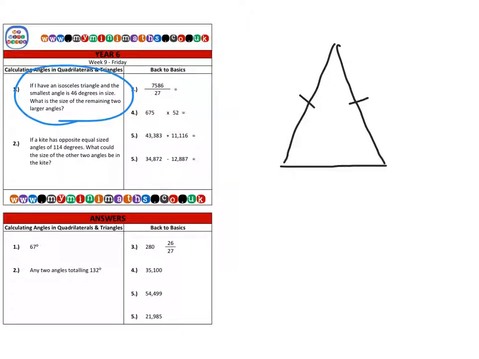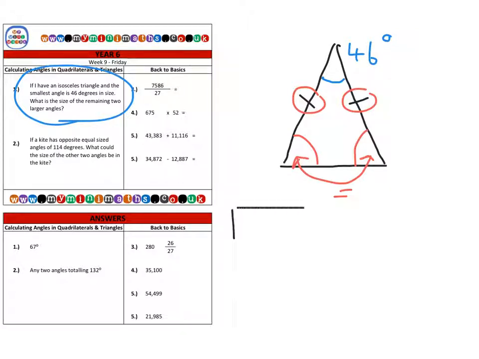Now, we already know that the smallest of the angles measures 46 degrees. And we know that because it's isosceles and that these two sides are equal in length, then these two angles here will be equal in size. So therefore, if we take our 180 degrees for all three angles,